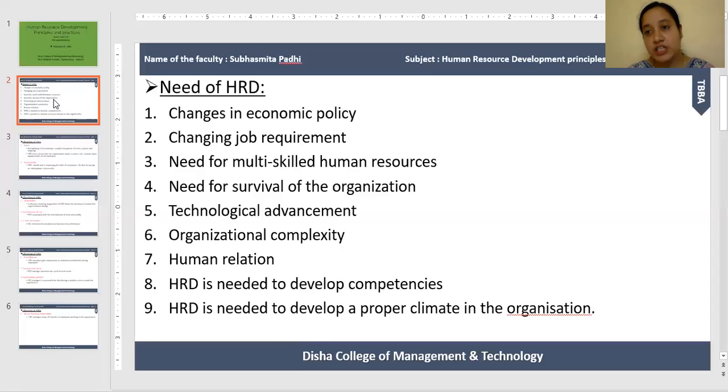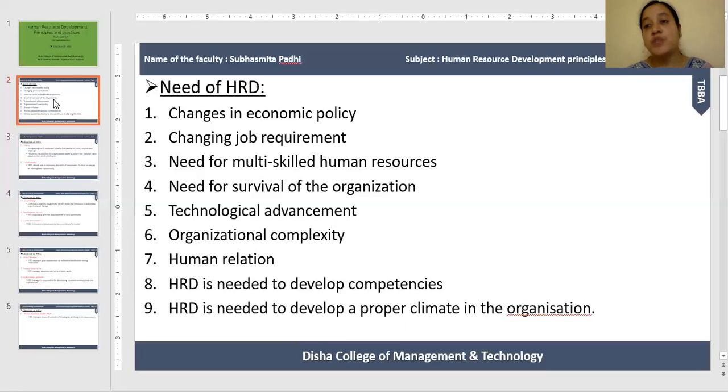By applying the techniques of HRD, the attitudes of the employees change. Means by applying the concepts and techniques of HRD, it is possible for the organization to create a positive attitude in employees, so that it helps the organization to create a healthier relationship between the employer and employee, and through the concepts and various techniques of HRD,